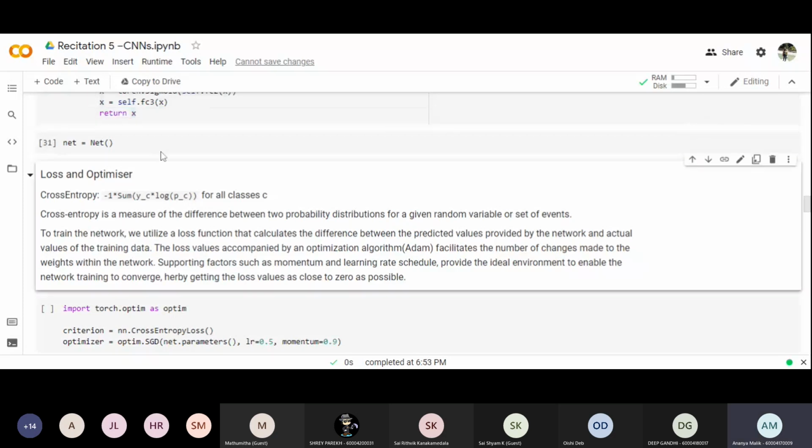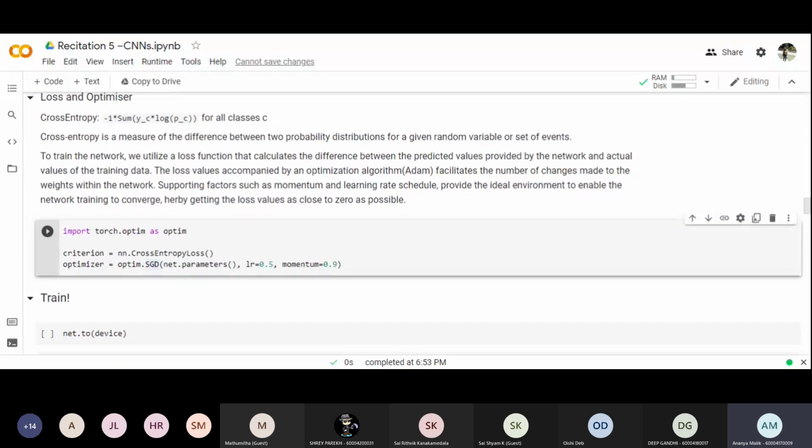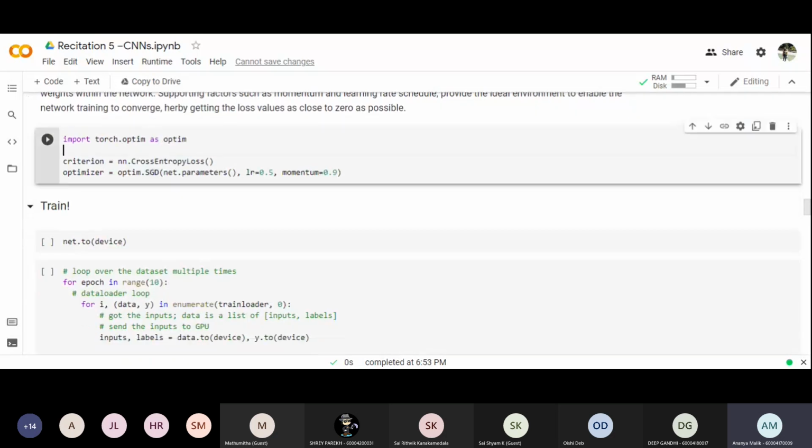Okay. So now we also have to define the loss and optimization algorithm to train our network. We define our loss as the cross entropy loss, and we take the